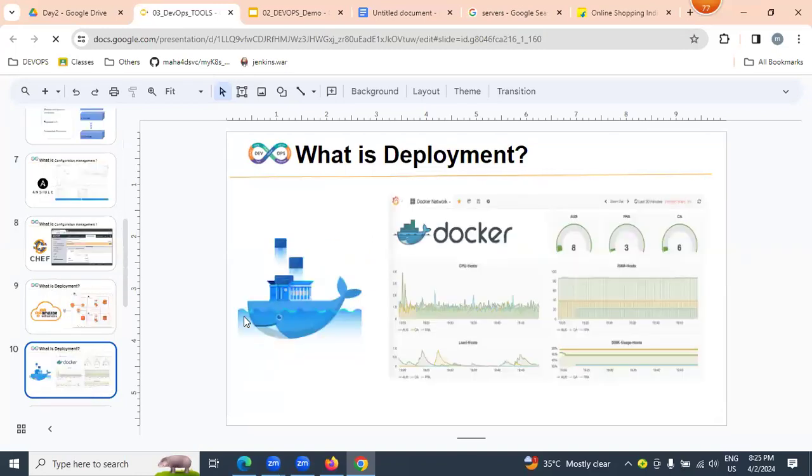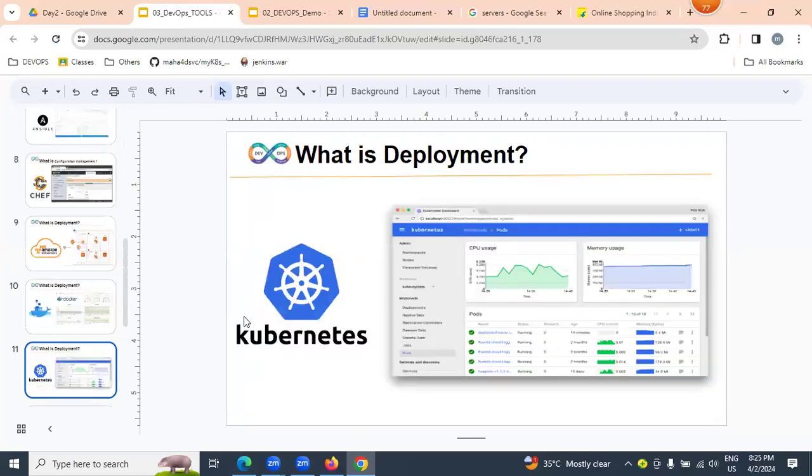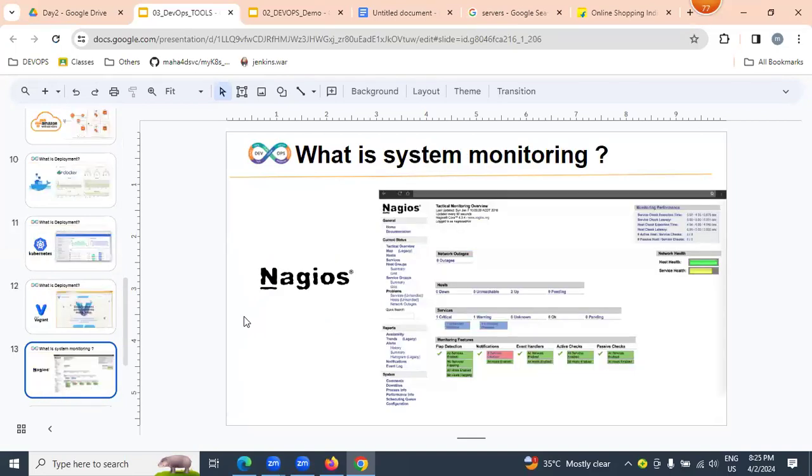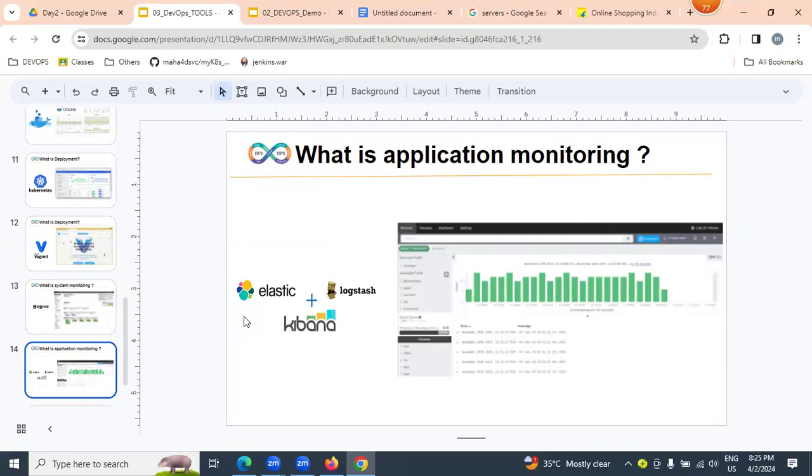AWS, Docker, Kubernetes, Vagrant, Nagios, and ELK.